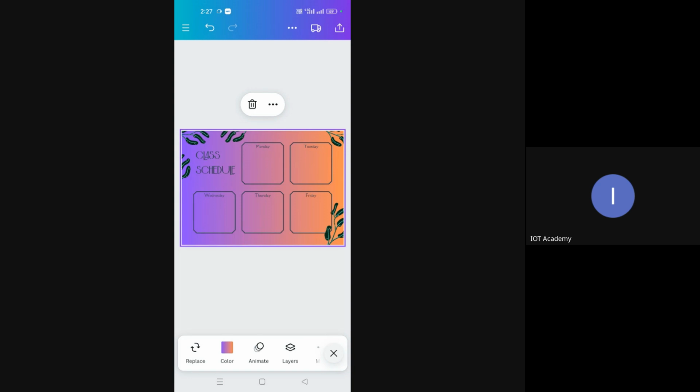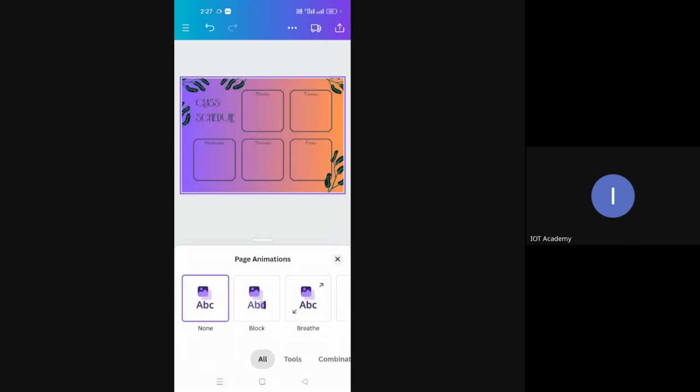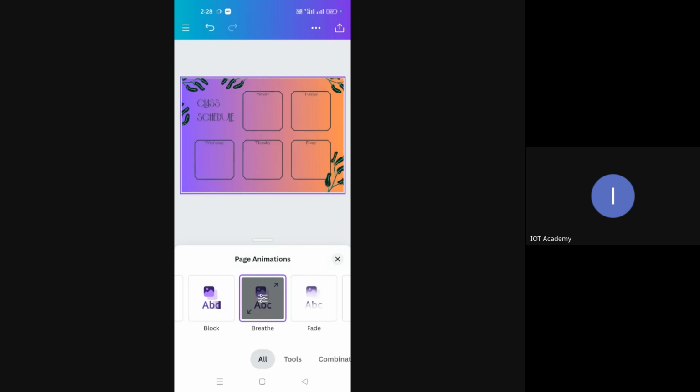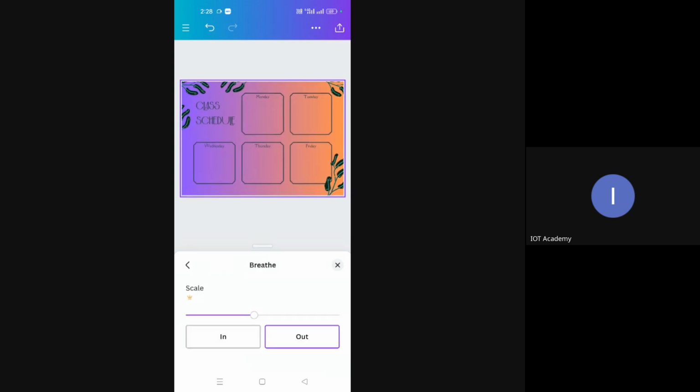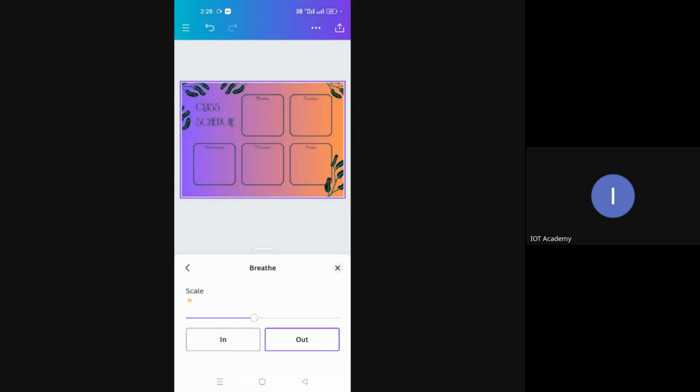Next option you see is animation. Animation is simply like marquee in HTML, which moves the words from left to right, right to left, top to bottom or bottom to top.